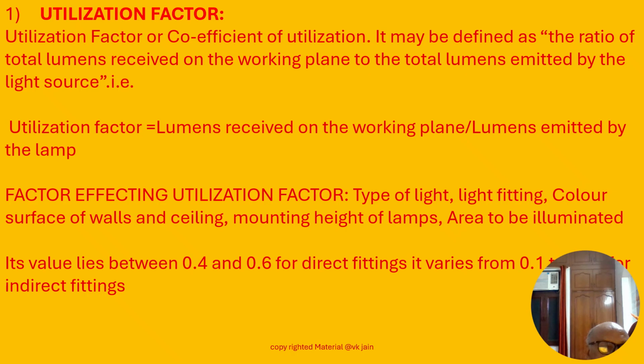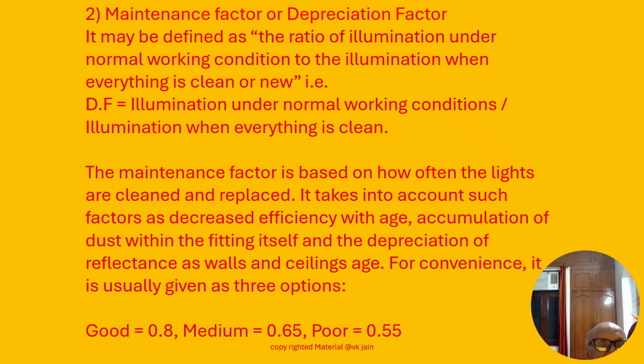The factors affecting utilization factor are type of light, light fitting, color surface of wall and ceiling, mounting height of the lamp, and area to be illuminated. Its value lies from 0.4 to 0.6 for direct lighting. Friends,